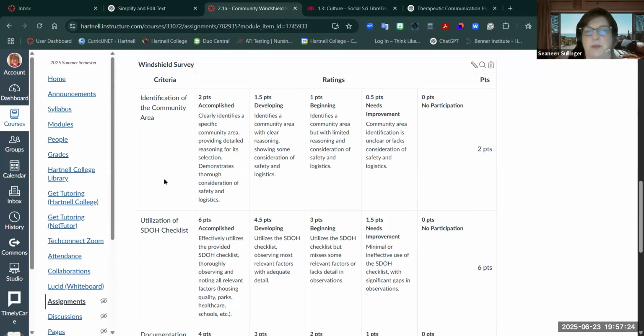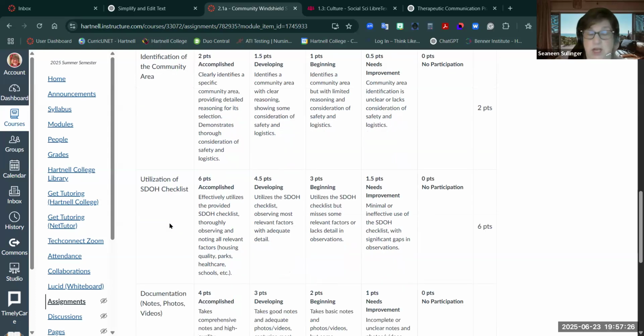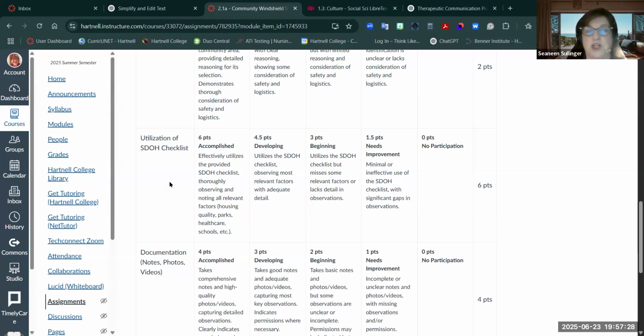And then the next part is using the social determinants of health checklist. Some students will actually take the components of that checklist and divide them into the 5 social determinants of health and do it that way. Other people will just group them together on a slide and then talk about the social determinants separately.